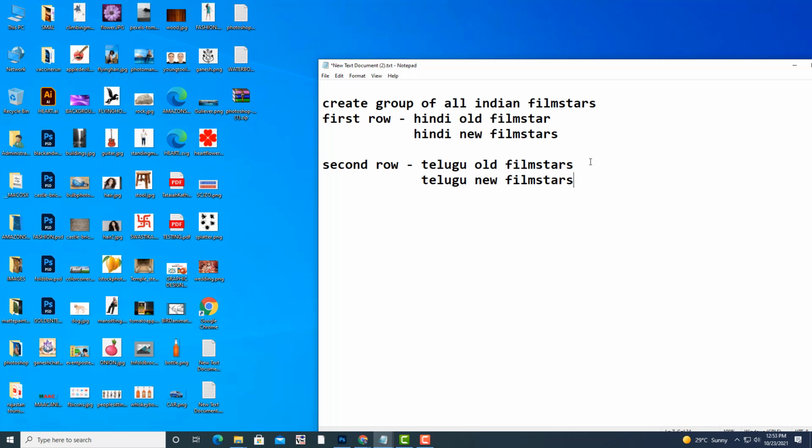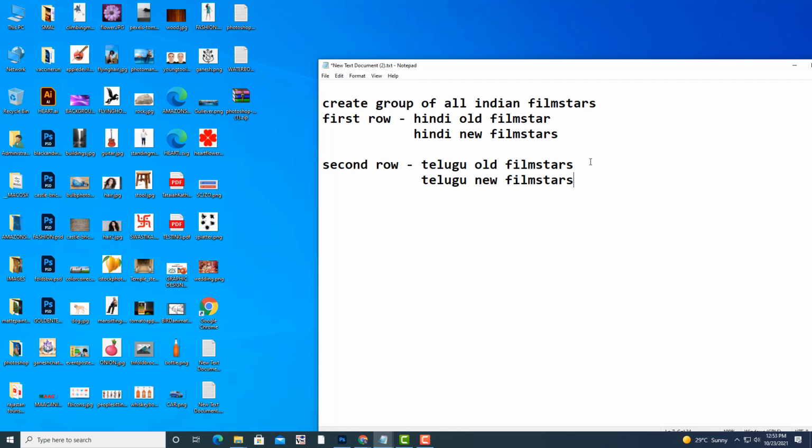If you want to put Telugu, you put Telugu. See, for the top row, let us say if you are a Hindi film star, old Hindi film stars photo should be on the top row. Then below you have to create new Hindi film stars, and then you have to group these Hindi actors and put them in a group.